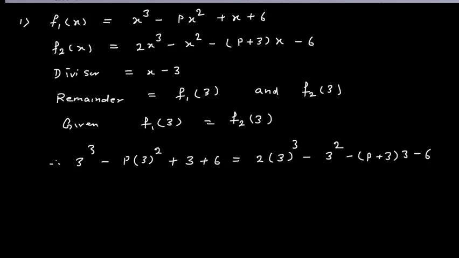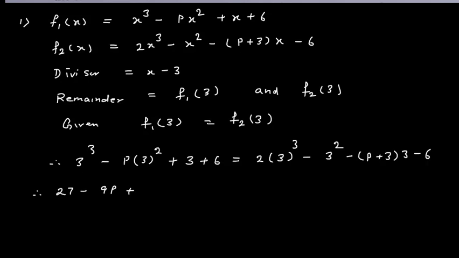In f1(x), in place of x I use the value 3, and in f2(x), in place of x I use the value 3, because it is given that f1(3) and f2(3) are the same. The remainder, when these two polynomials are divided by x minus 3, is the same. So therefore it is 3 threes are 9, 3 nines are 27, minus 3 threes are 9p,